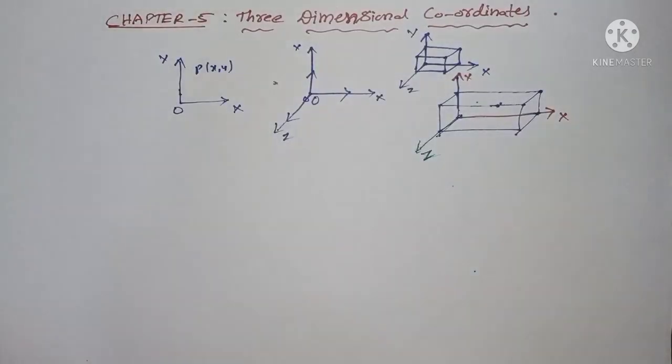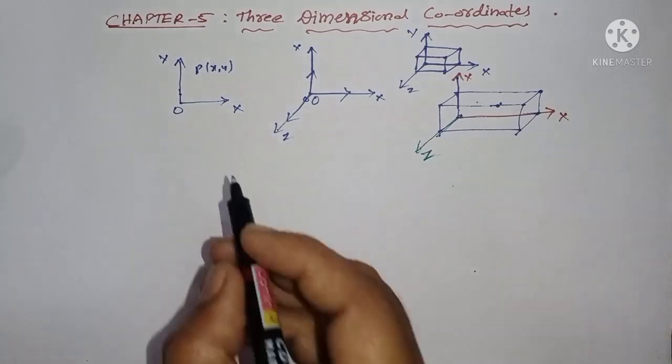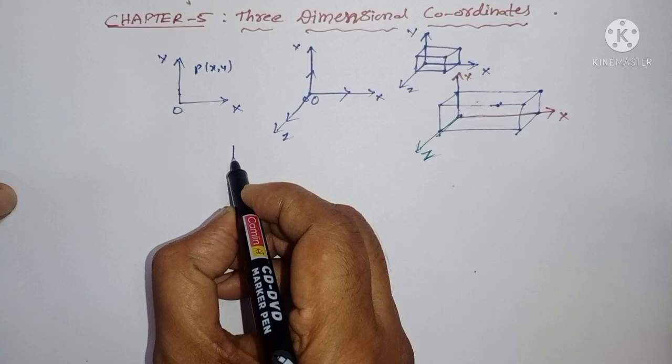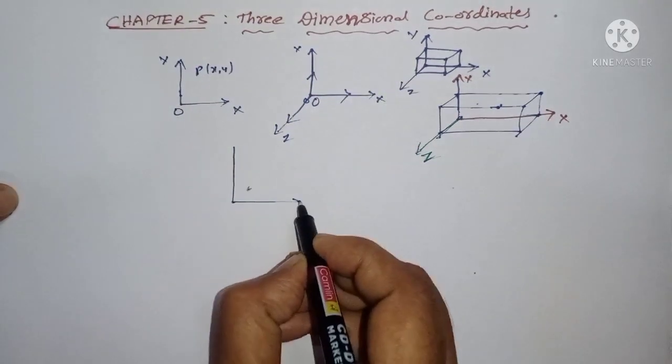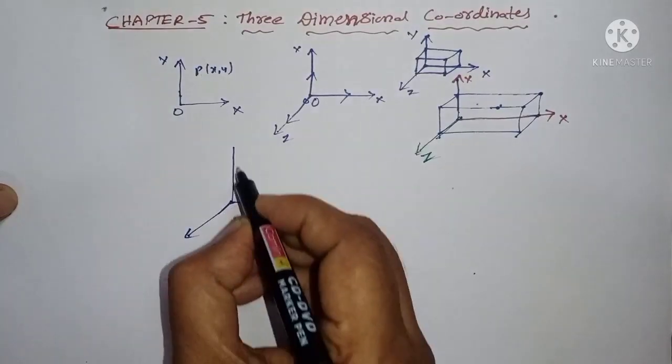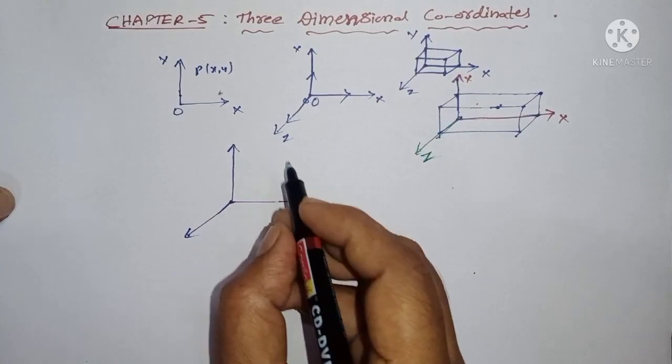For example, you can take your dice, which you play with in any business game. The dice has six faces. This is also a very important real example for three-dimensional coordinates. What are the coordinates you can observe here? The standard form of the x coordinate, y coordinate and z coordinate you can take here.